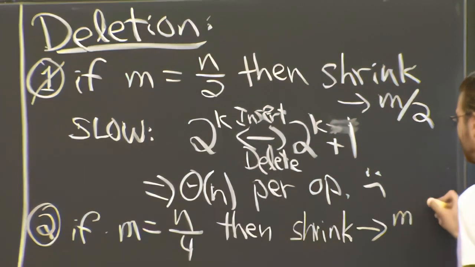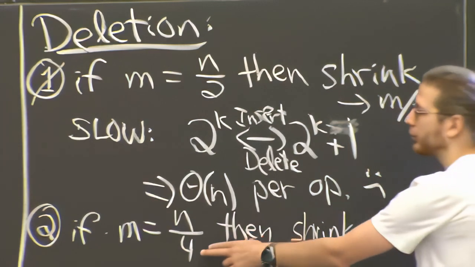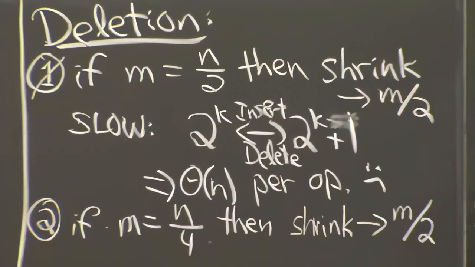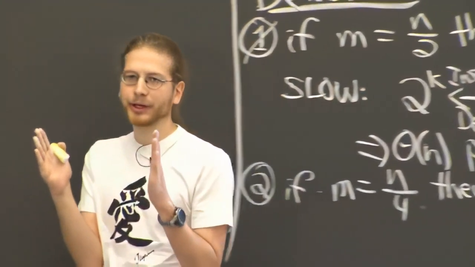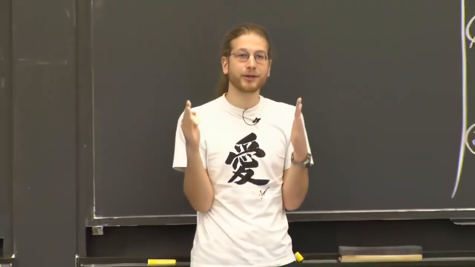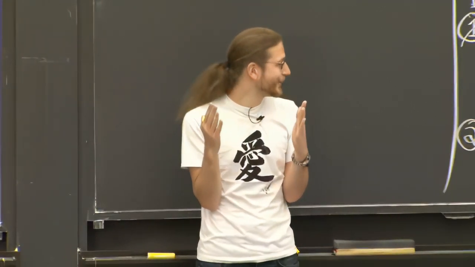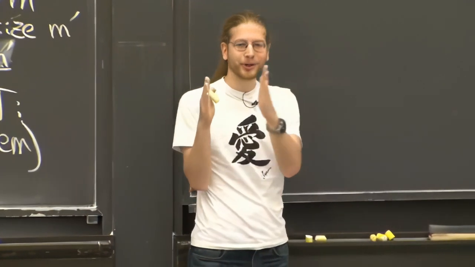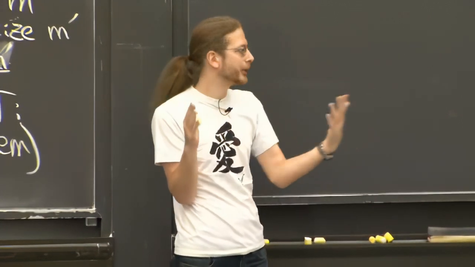I mean, it doesn't really matter, because as you say, we're still going to shrink to half the size, but we're only going to trigger it when we're 3/4 empty. So we're only using 1/4 of the space. Then it turns out you can afford to shrink to half the size, because in order to need to grow again, you'd have to still insert n over 2 items, because it's half empty. So when you're only 1/4 full, you shrink to become half full, because then to grow again requires a